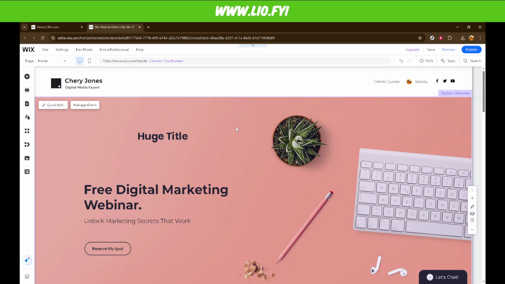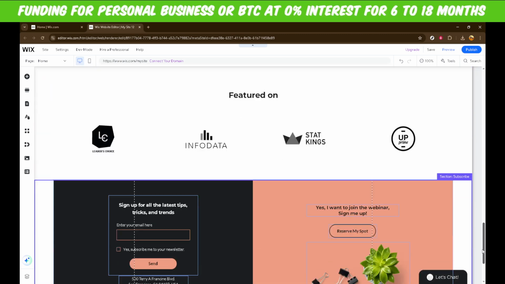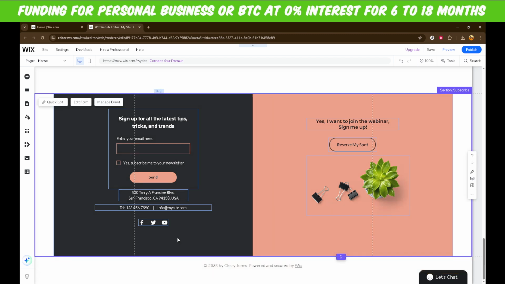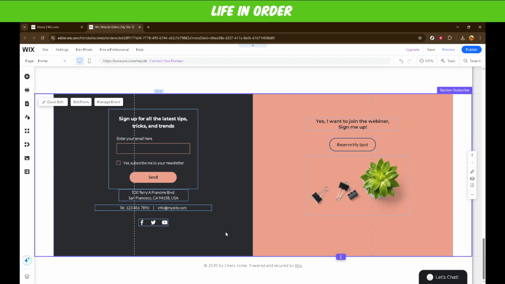Now that you're in the editor, scroll down to the bottom of your web page to locate your footer. This is the section where we'll be adding the menu. It's usually a designated area at the very bottom of your page, and it often contains additional navigation or contact information. If you have a specific design or style in mind for your footer, keep that in mind as you